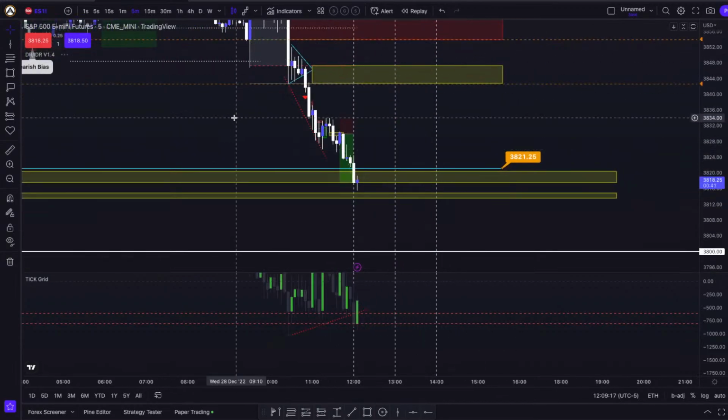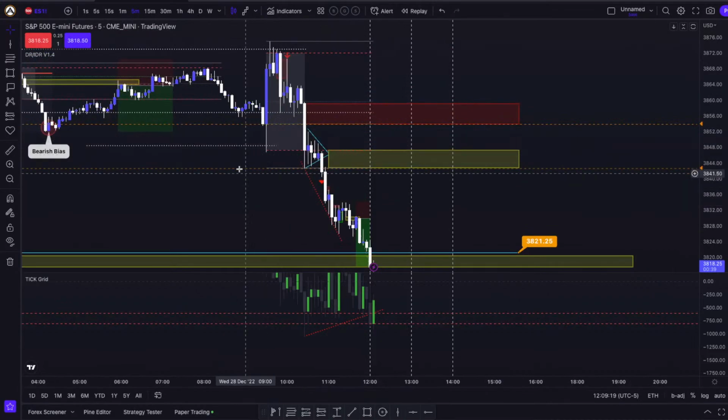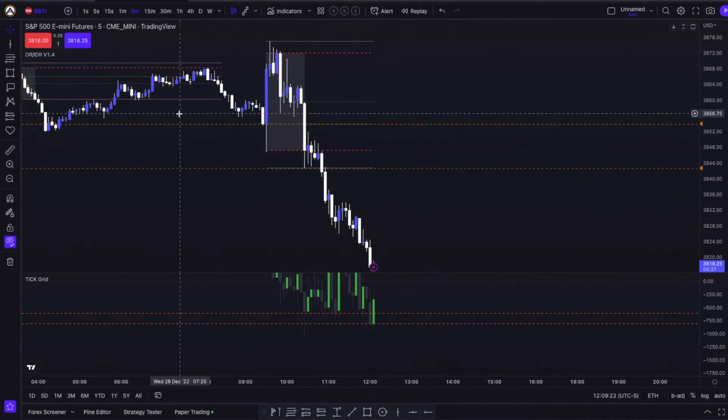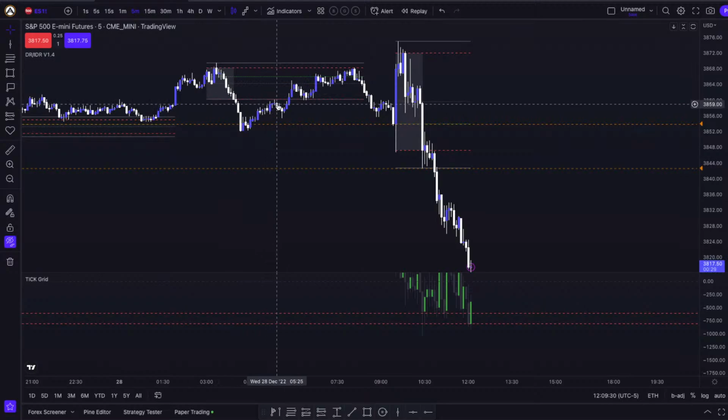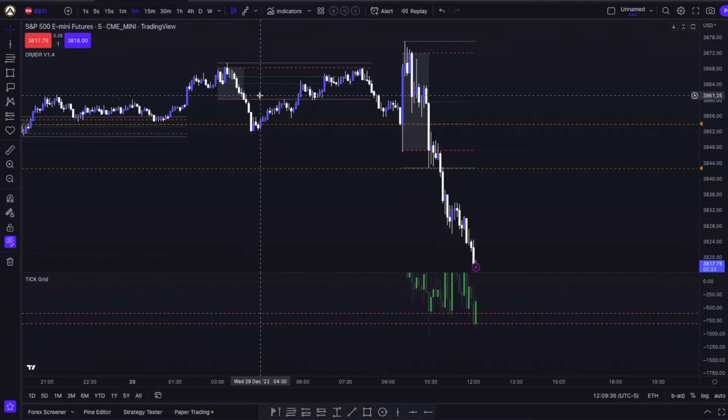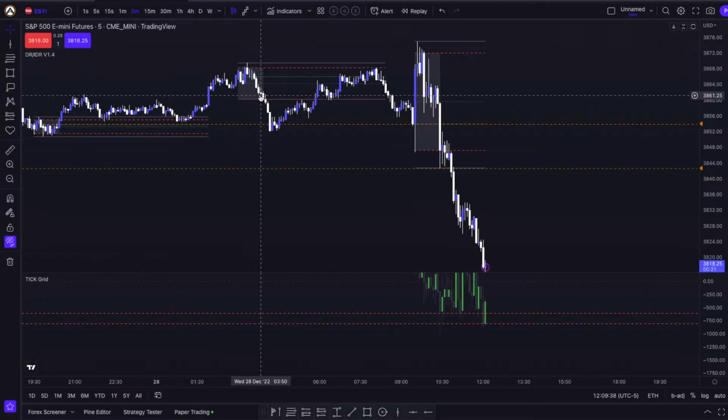So yeah, what order blocks to focus on? I'd say if you're using the DR IDR indicator from TheMas7er, I think it should be pretty good. I mean, you can still draw in all your order blocks, but yeah, I don't really know how to continue answering this question. I hope I answered some of it, but I'd say stick to the 5-minute time frame,